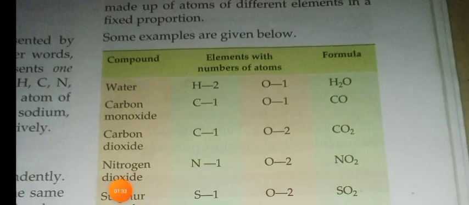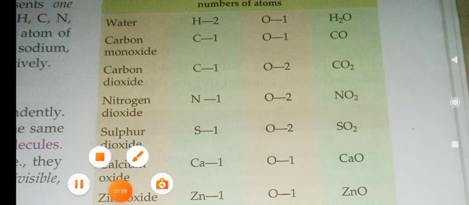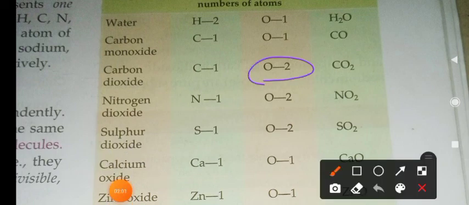So let's look here. In this table we can see hydrogen, H2. Two hydrogen atoms are combined to form the hydrogen element. This is actually a molecule of hydrogen. That is, two atoms of hydrogen combined to form a molecule of hydrogen. Do you understand, children? And what about chlorine, oxygen? In the case of oxygen, two atoms of oxygen combine to form the oxygen molecule. Okay, do you understand?